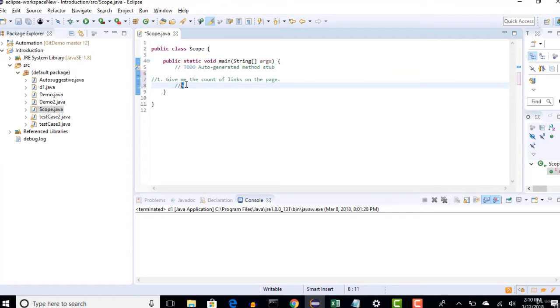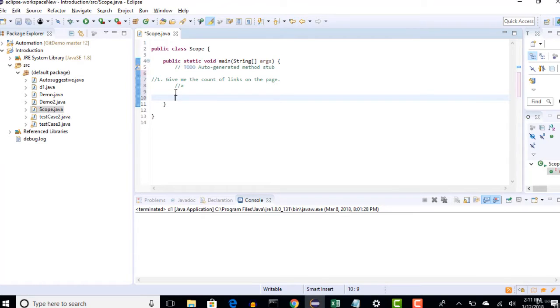So using that logic, now we can write one simple step to get the count of links on the page, isn't it? So just think, meanwhile I'll try to initiate my Chrome driver and all. With this hint, whatever I gave you now, try to get the links count on the page. The hint is every link will have a tag called A. So with this hint, you should be able to write a step to count the links on the page.